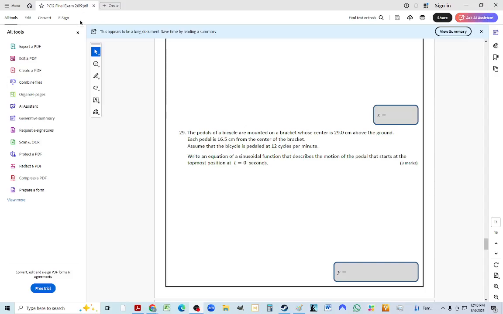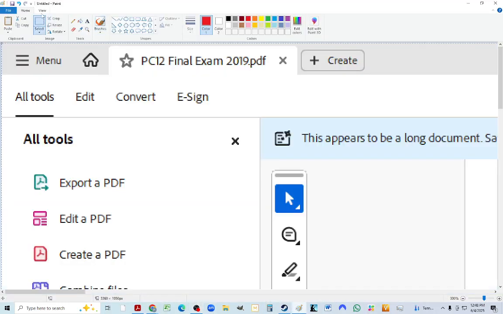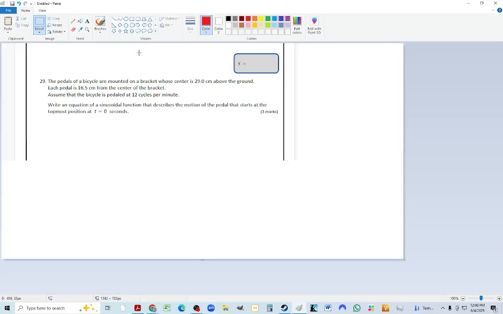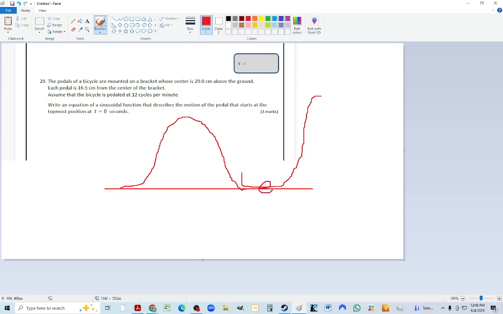This is a great example of a word puzzle, and the ones you'll see a lot are bicycles, Ferris wheels, and water wheels. The reason I bring up the other two is because a bicycle is on the ground. So the minimum of the cycle will be at the ground, which is considered the x-axis. Whatever we design here, the minimum will be at the x-axis, and the max will be up here. It'll never cross the x-axis because a bicycle is never going to go beneath the